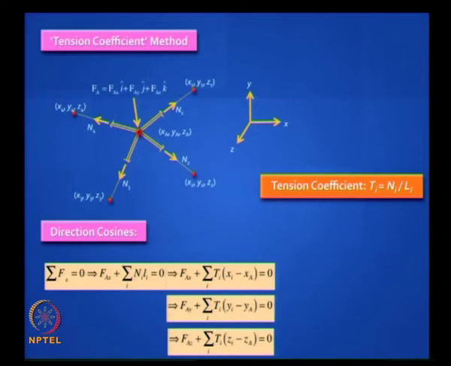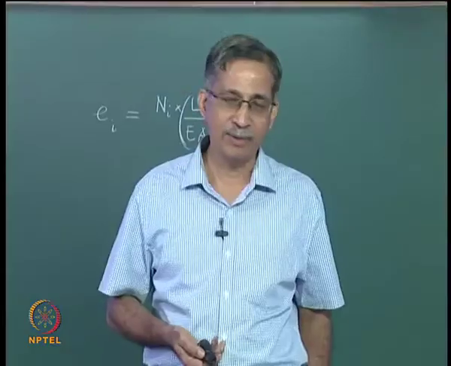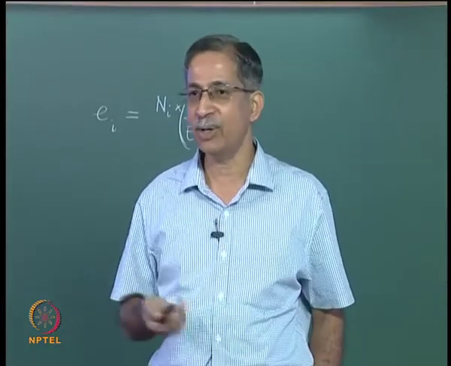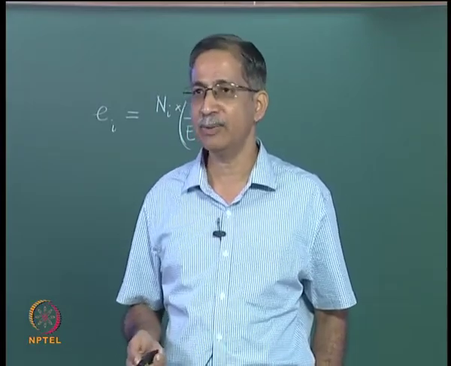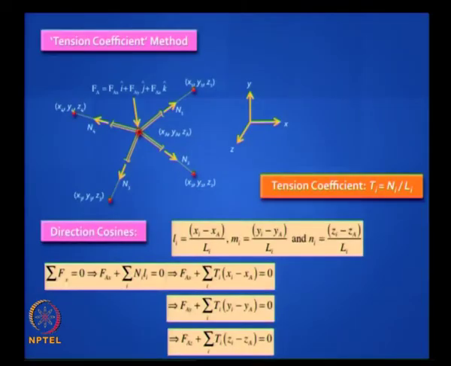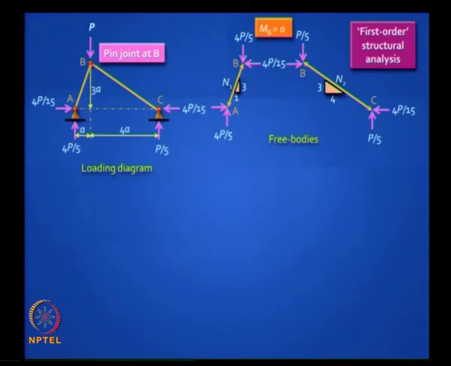This is the way you would probably do it if you had to use a computer to solve the problem, because you don't take any shortcuts, you just go through it and solve a series of simultaneous equations. And you can make use of the direction cosines, l, m and n for each bar. There is a systematic way of doing it. We are done with trusses for the time being.